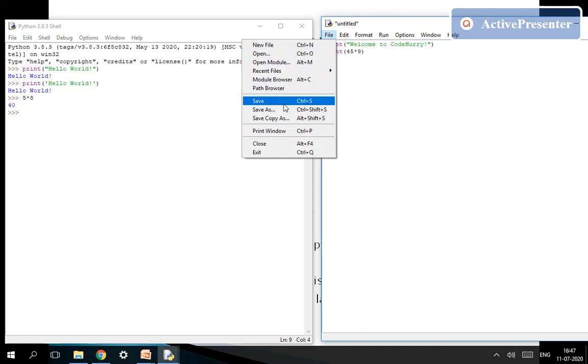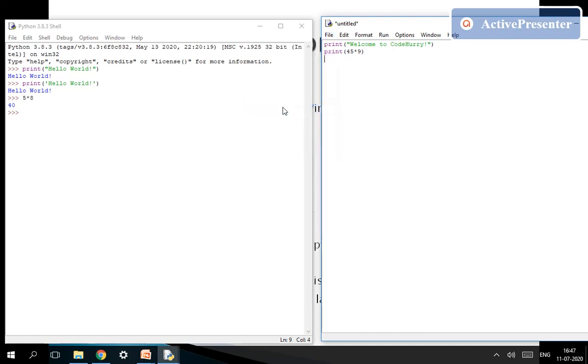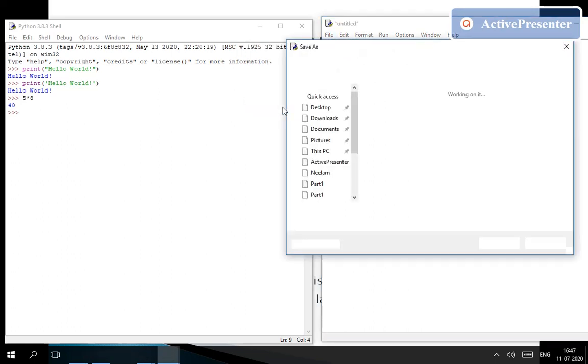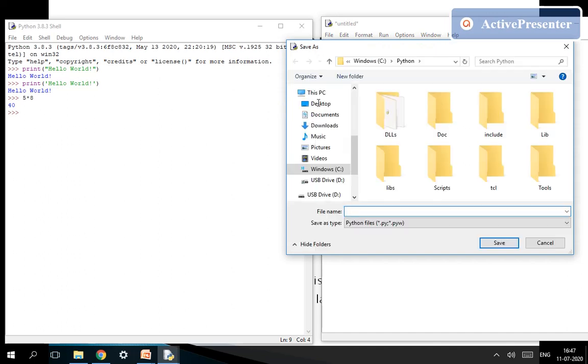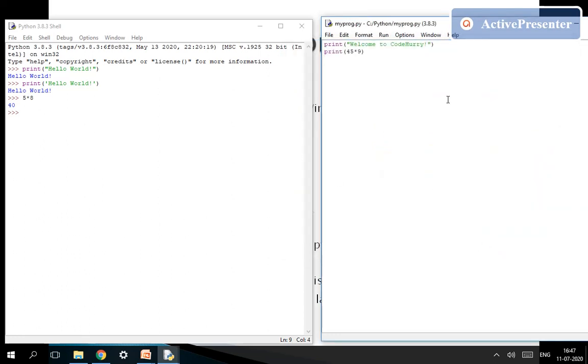You can save it anywhere, but you need to give a proper path of the file if you're going to save it somewhere else. So now I'm just going to name it my program, and the extension should be .py. For all the Python programs, the extension should be .py. So that is how I would save the program.